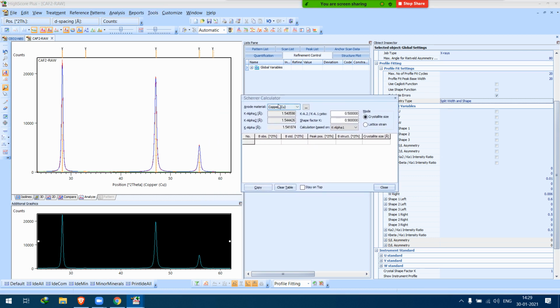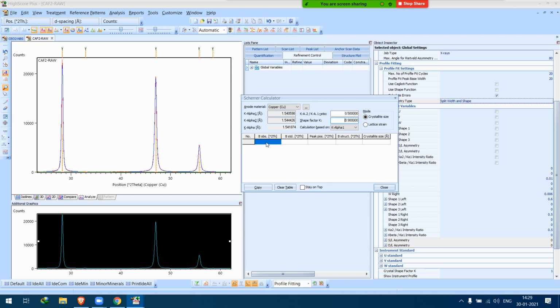Now choose your source, K alpha 1, K alpha 2, you are aware of all these. The shape factor depends on two parameters, like what kind of information you are taking into account.